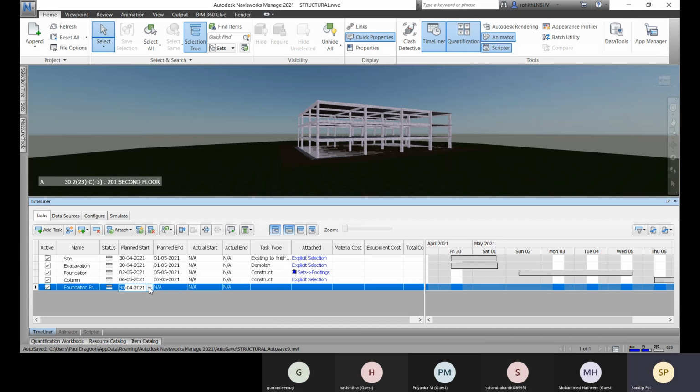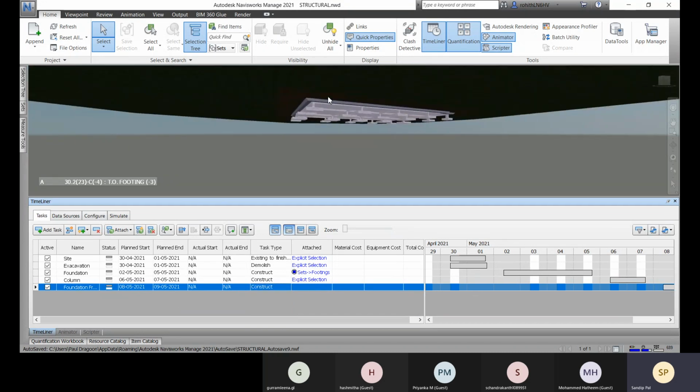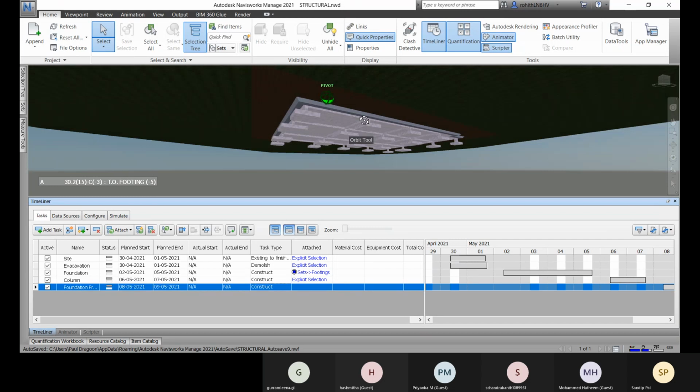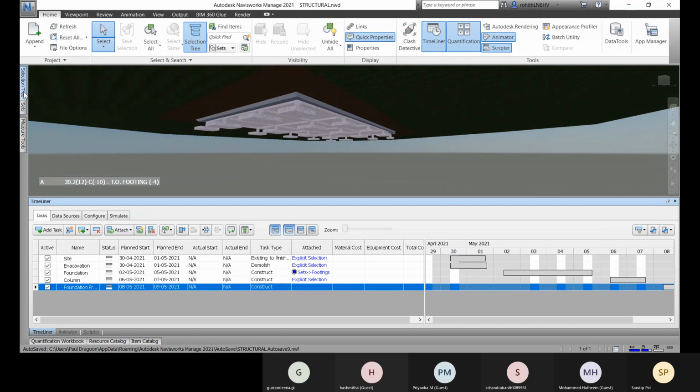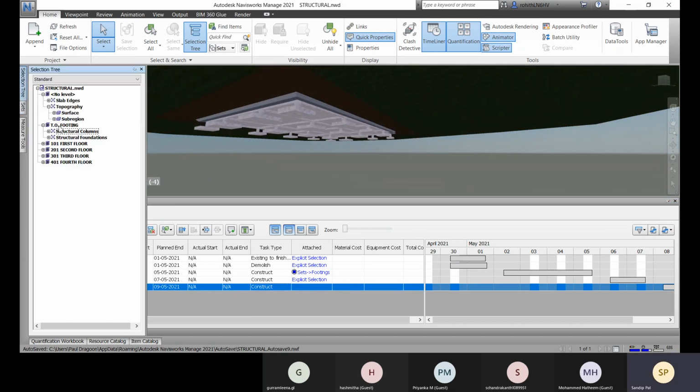Okay, and about the start. So it will be started on this date and it will be ended on this date. Okay, so the type is construct, and about the selection, you can check if it is there.